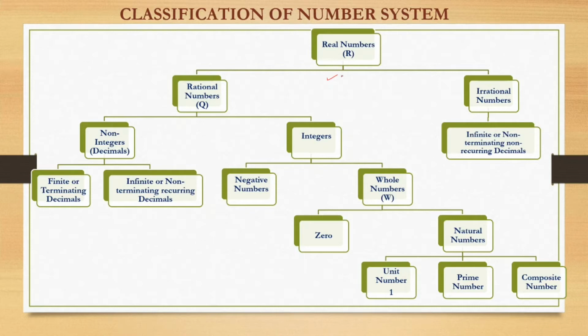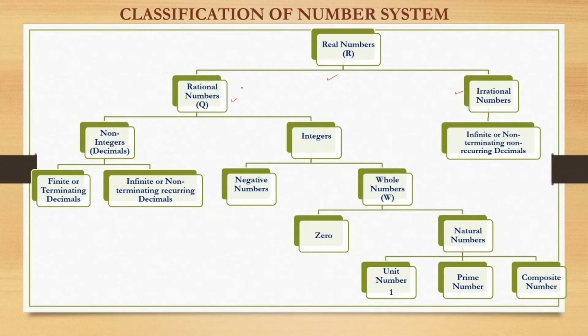So now coming back to real numbers, what is a real number, that we'll see in the subsequent slide. But real numbers can be classified broadly into two parts, rational number and irrational number. We'll also keep on discussing briefly here what is rational, what is irrational, and further classifications in detail. We'll see in the subsequent slide.